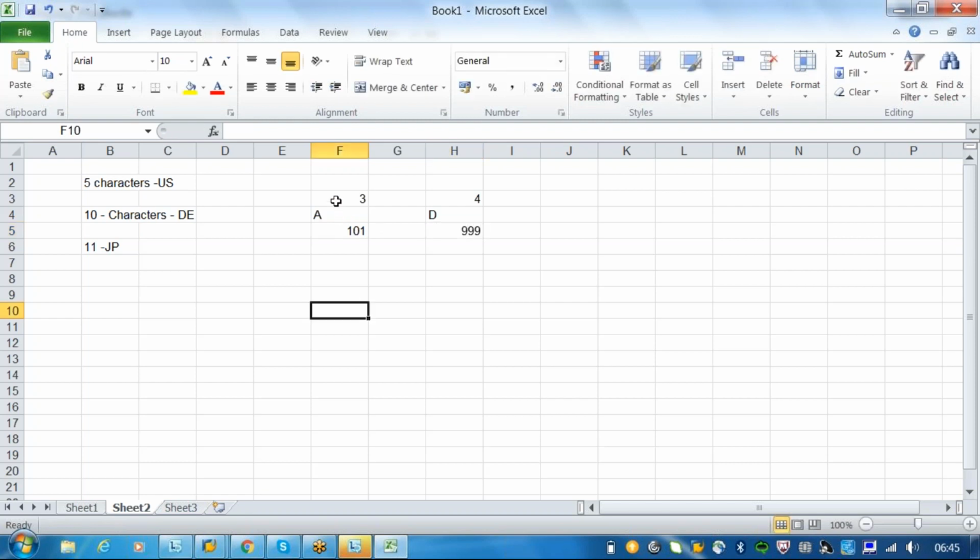So when you assign this 3A101, they can understand that this is a MR emission. If you assign 4D999, they can understand that this is X emission.